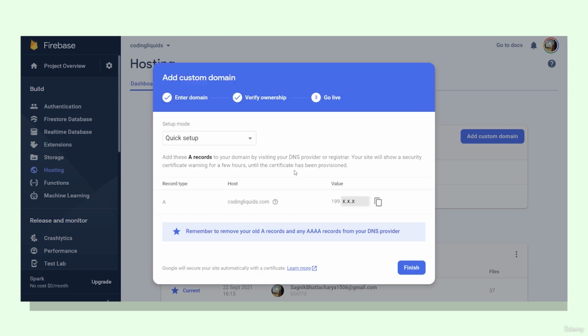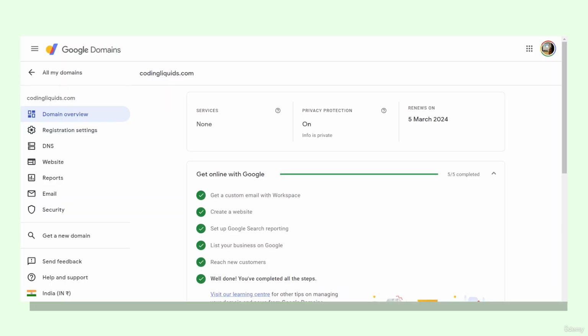I'm gonna use the quick setup mode and then copy this IP value. Also, notice that its type is set to A. Go back to the Google Domains website